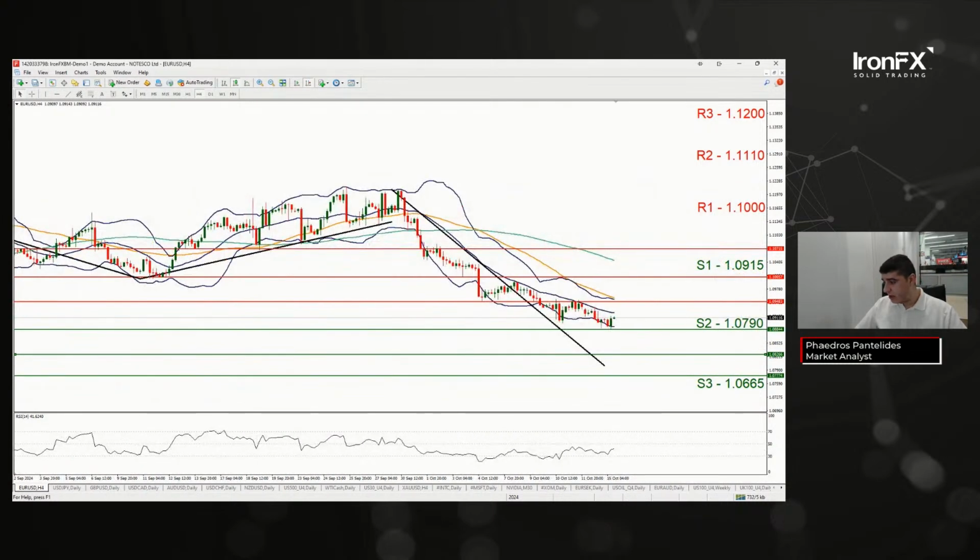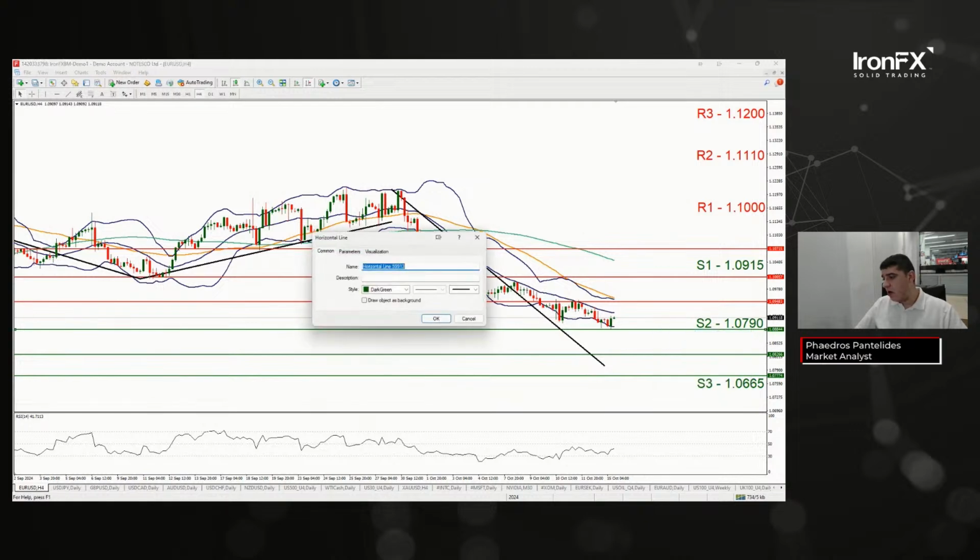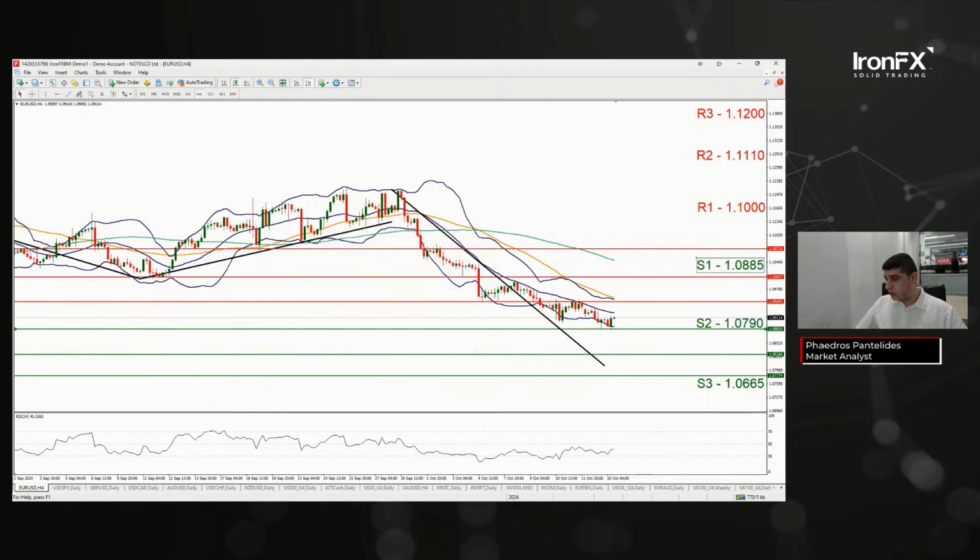So using a 4 hour time frame, we have identified our support and resistance levels, and I will now be essentially changing the text labels, indicating the downwards moving trend line that I have just noticed, and we'll look at the technicals together. So if we round our S1 level, it is at 1.0885. That would be my S1. Then for S2,